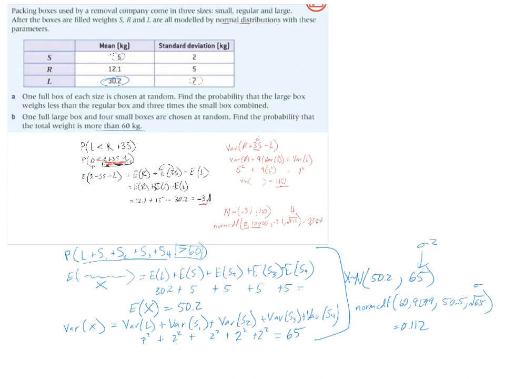So that gives you an idea of the type of question that you may look at when we're using the expected value variance stuff. All right, we're going to skip up to